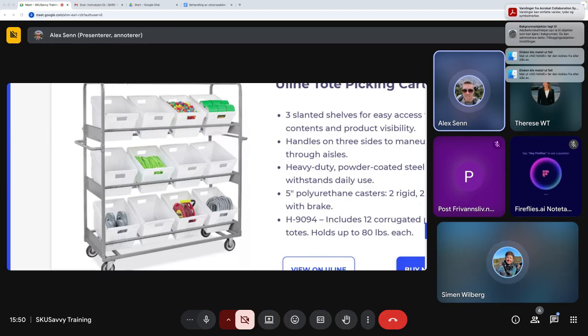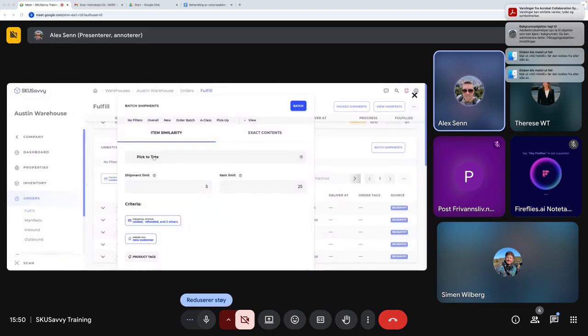And I'll go through an example here. Actually, what we'll do is just make this into a pick to tote, because there's not much different between